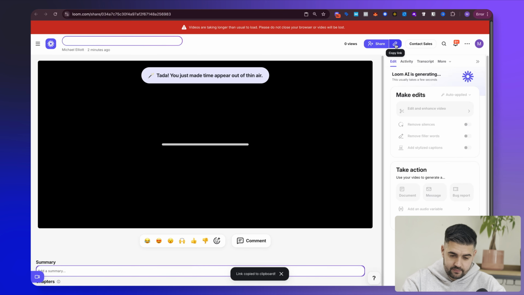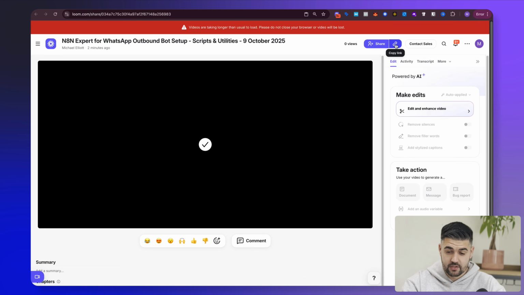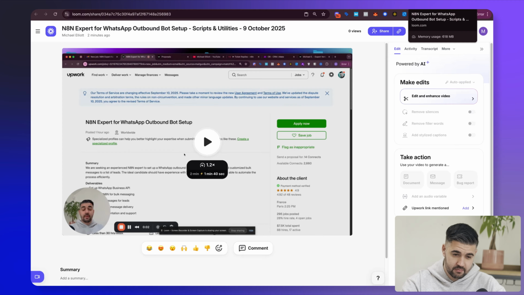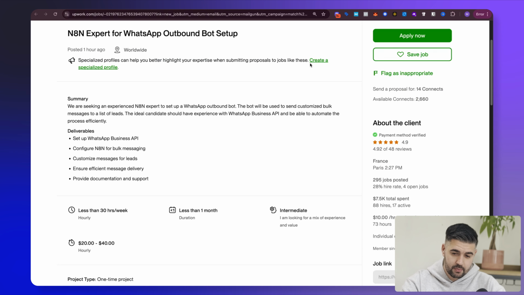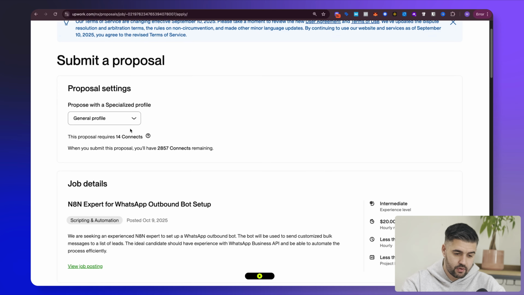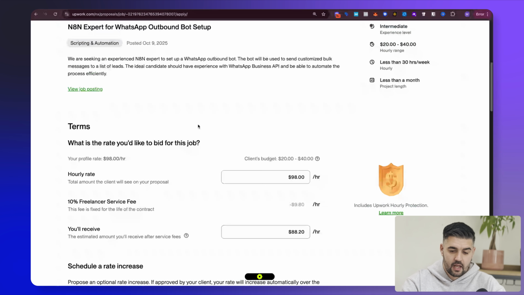So that was another application for a job which is right up my street. Those sorts of outbound outreach systems are relatively simple, but also provide huge value, and is something that you really want to laser in on when you're looking at something like this. Hourly rate, I'm going to lower the hourly rate slightly because of the job.